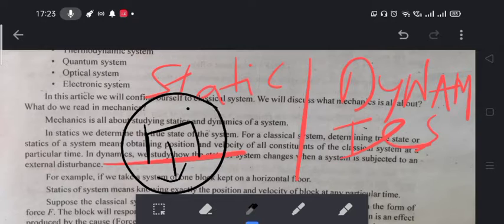When you subject that block to some force and observe the position and velocity at some future time, here the system